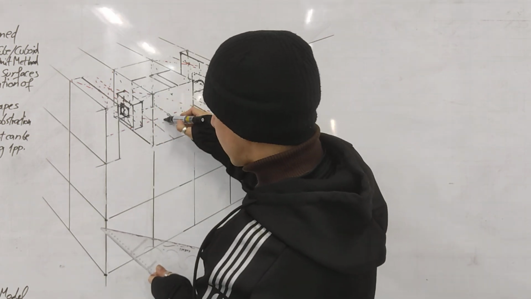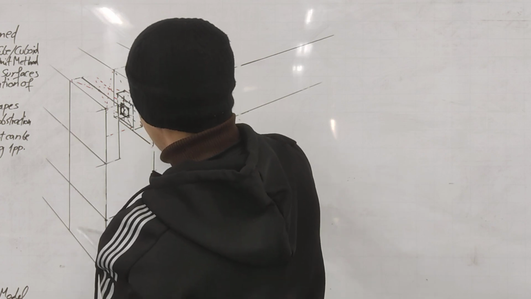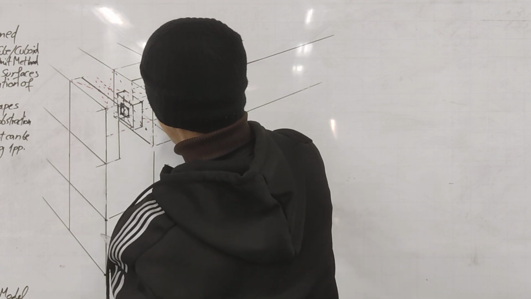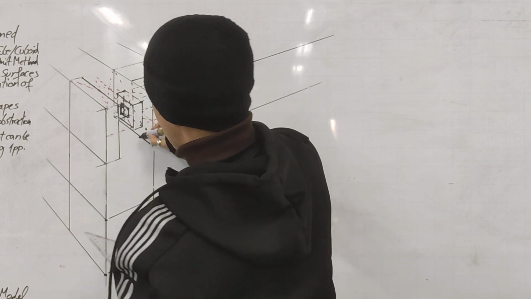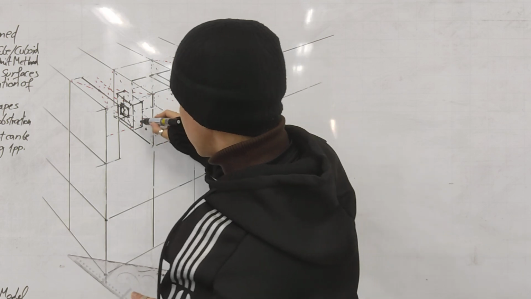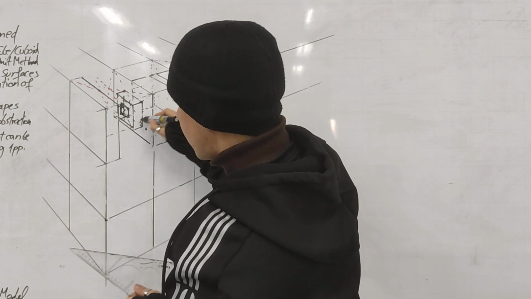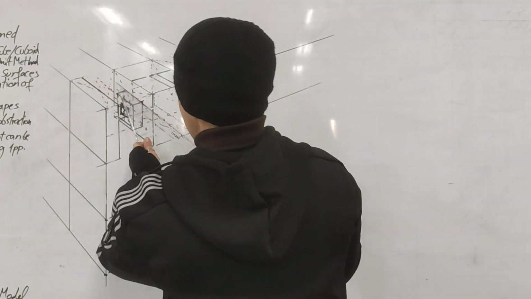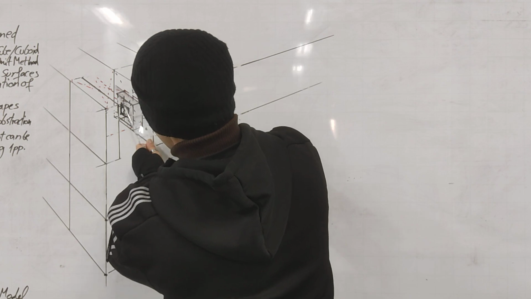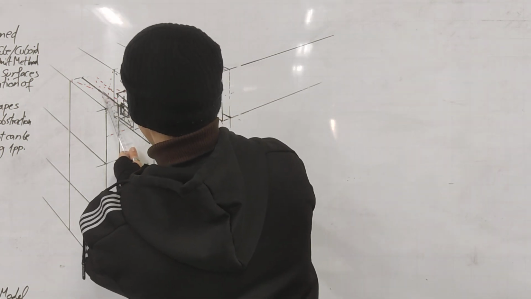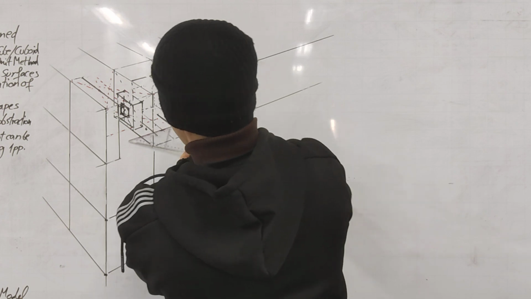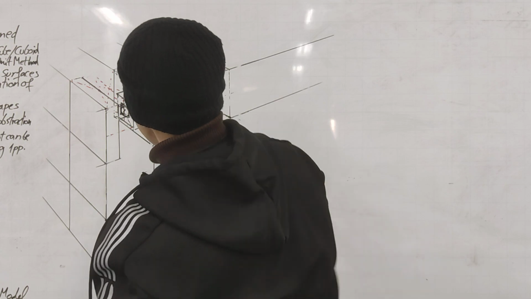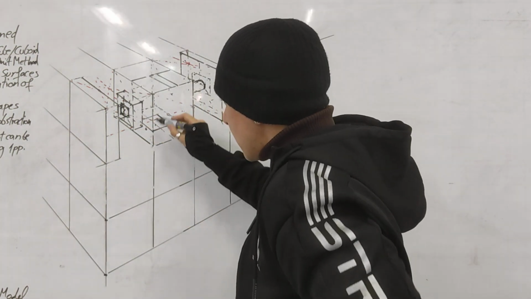Then here again, split until you find the center. Here, split until you find the center. And this one we need to split also. And this one. So each one of these you need to split to find the location of the point, so you know where this square is going to be located here, okay? So it's just splitting, splitting, splitting until you find the center points. All of them go to the vanishing point. So this is underneath. From here, we will put down